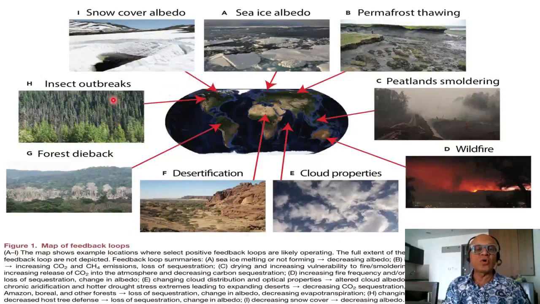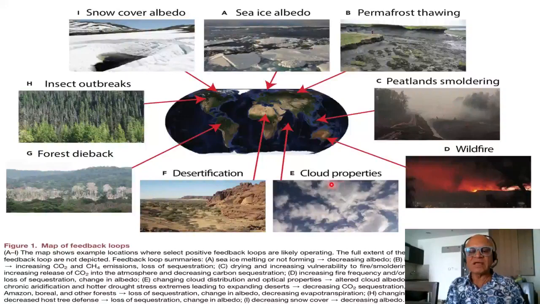Insect outbreaks with the warming and delayed arrival of winter, the insect life cycles change and they begin to, for example, move to higher latitudes and last longer in the season. Then they can begin to devastate the vegetation and increase chances for wildfire, and feedbacks in terms of carbon uptake and increasing CO2 remaining in the atmosphere, etc. Peatland smolderings can go on for a long time, because it's basically hydrocarbon that's sitting there and can burn and produce all kinds of noxious and greenhouse gases.